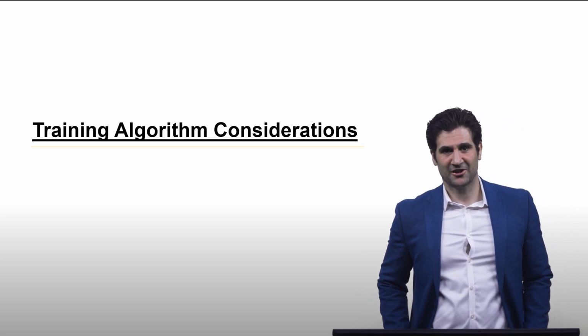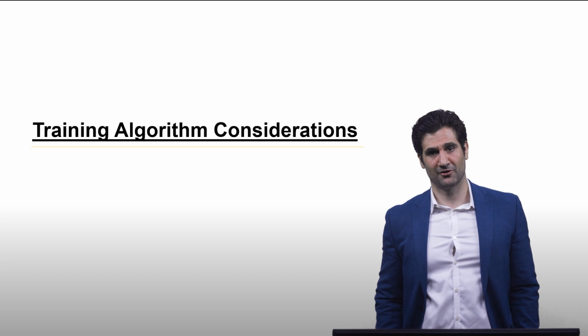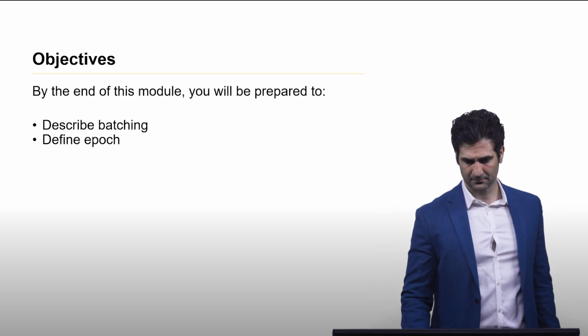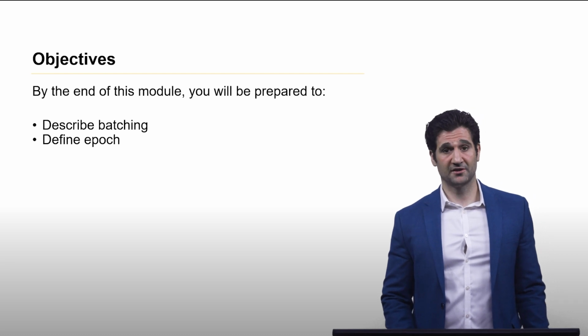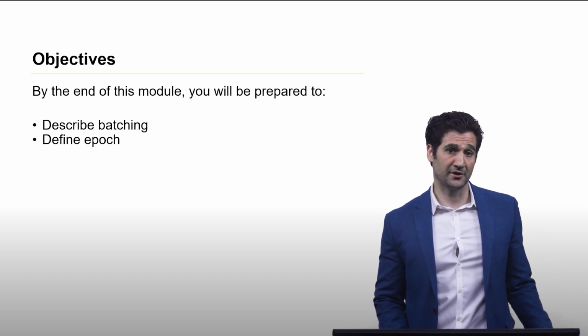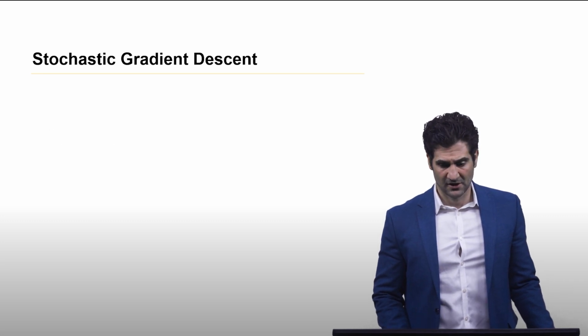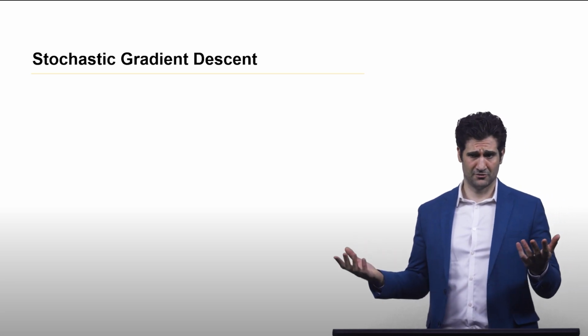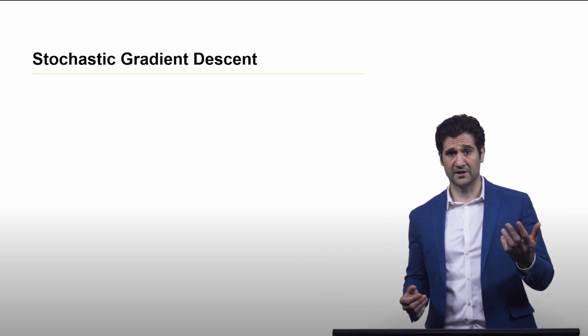Welcome back. In this lecture we will discuss training algorithm considerations relevant to deep learning. By the end of this module you will be prepared to describe batching and define what an epoch is. A popular variant of gradient descent, and as we've seen in other lectures, gradient descent is sort